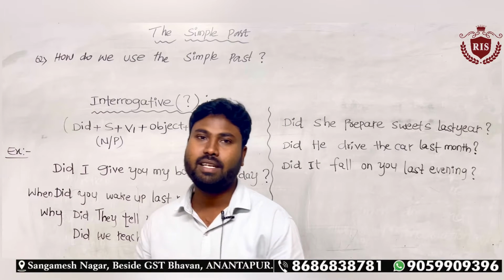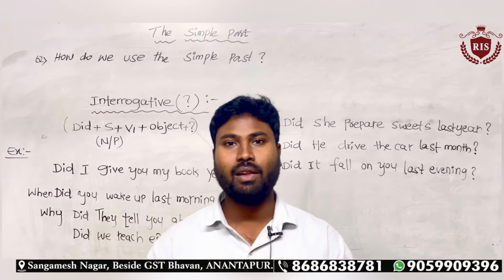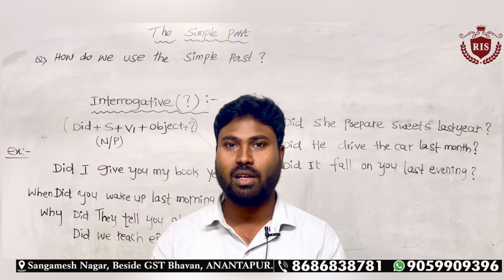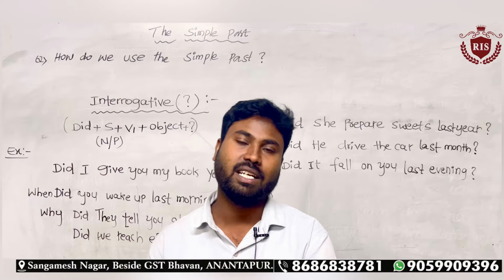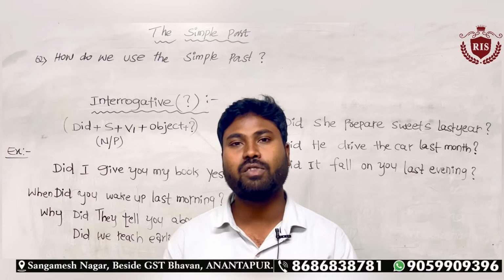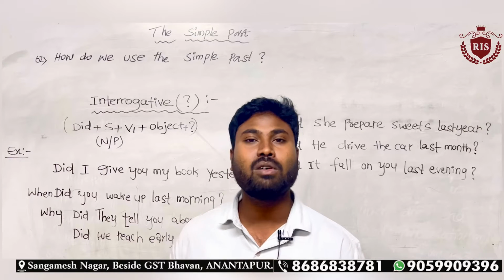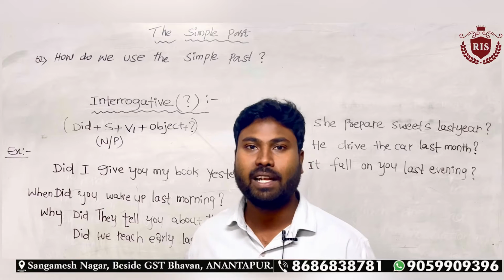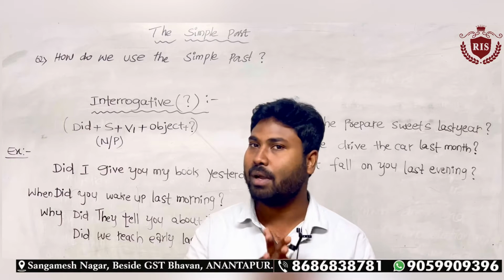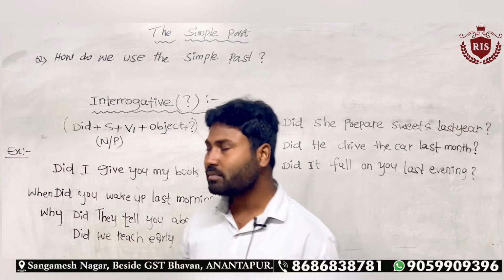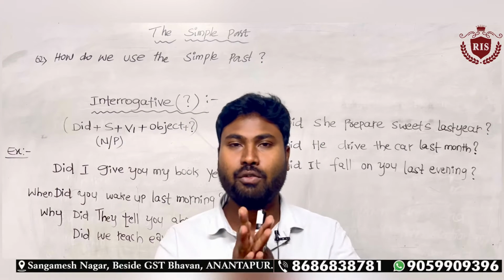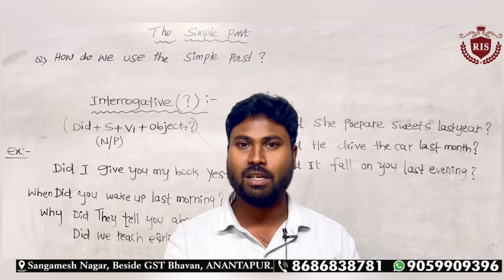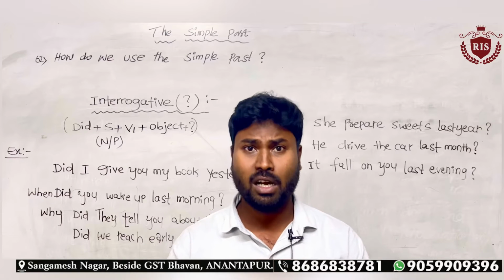And we use this did even for all the main pronouns like I, you, we, they and he, she, it, right? For all these pronouns we use only the did auxiliary because we have only a solitary auxiliary in the simple past, right? I hope everyone has understood how to frame a positive sentence when you talk about the simple past, and also